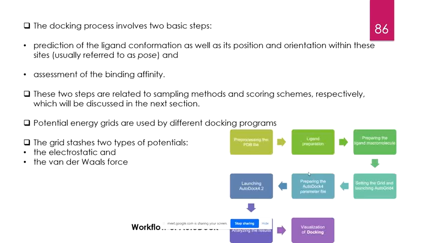Now, these grids represent the energy calculations, and in their most basic form, the grid stores two types of potentials. One is the electrostatic and another is the van der Waals force. This particular grid was formulated so that the information about the receptor's energy contribution could be stored on grid points. And that means the receptor only needs to be read during the ligand scoring. Now, there are more options that can be explored in this autodock, and the options may vary depending upon the complexes that are being docked and also on the complexity of the problem at hand.